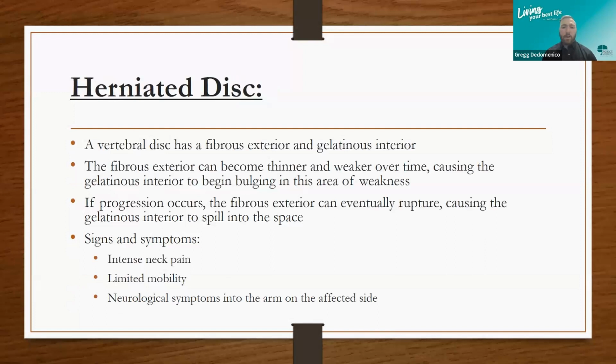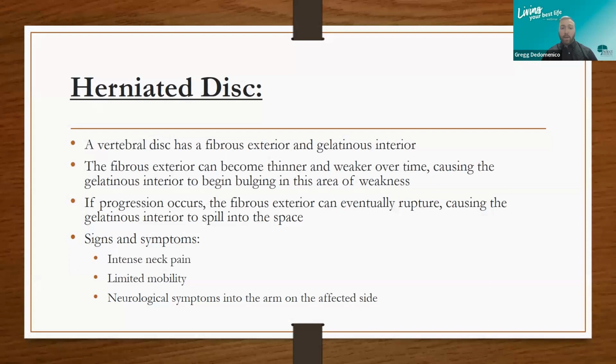A herniated disc is another issue located in very close proximity to these facets. A little bit about the disc just at first. A vertebral disc has a fibrous exterior and a gelatinous interior. The fibrous exterior can become thinner and weaker over time, mostly due to overuse or degeneration, causing the gelatinous interior to begin bulging in that